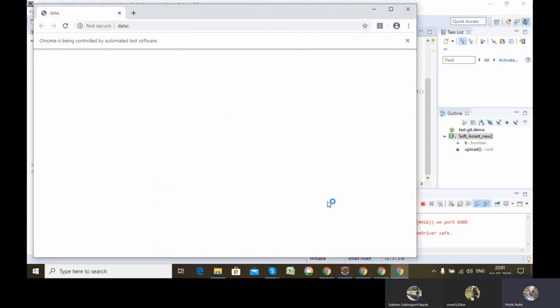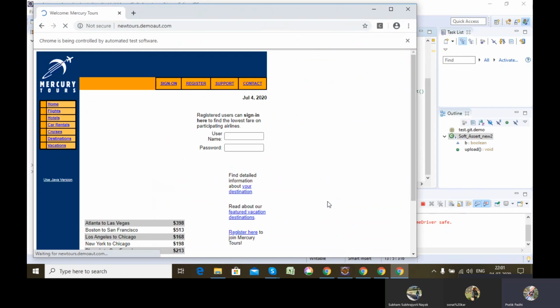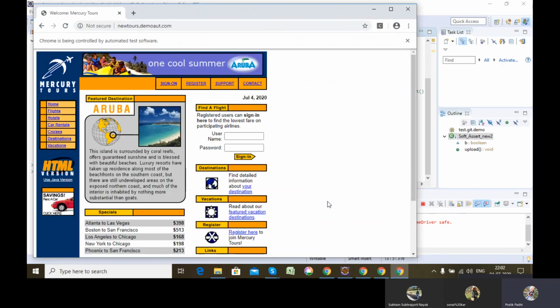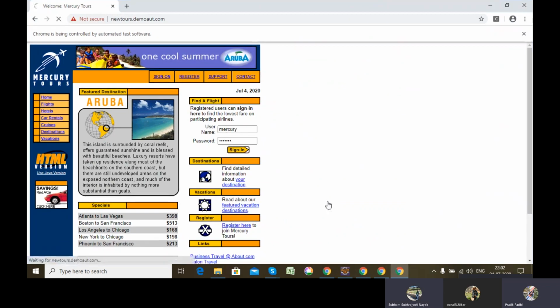So what was the error you got? Actually, the object of the previous class was present, but we haven't imported the class. That's why it got an error. Yes, sir. Got it.